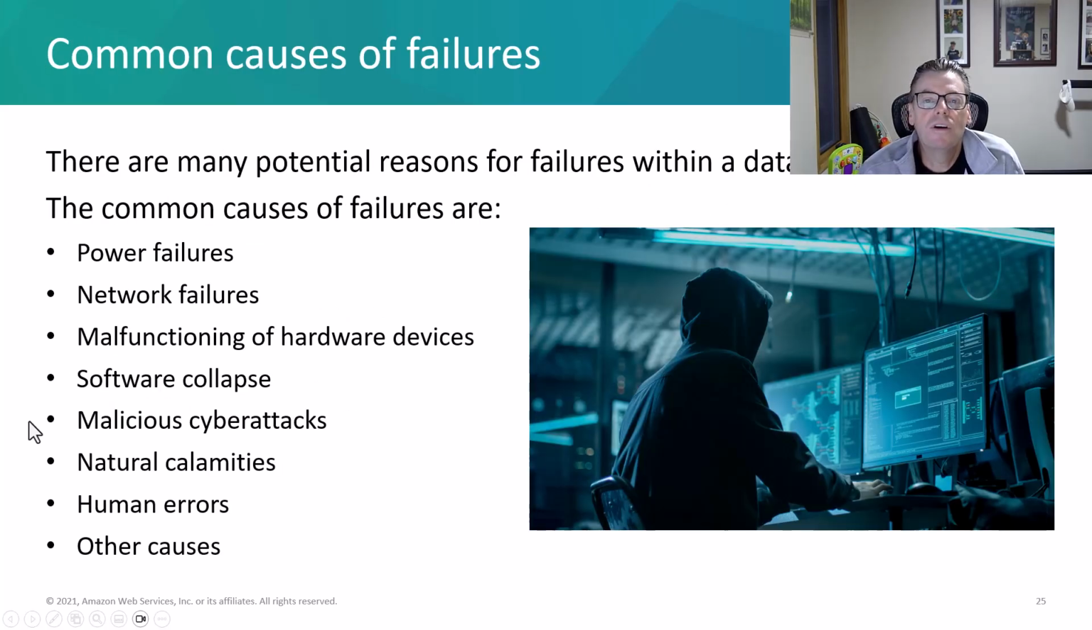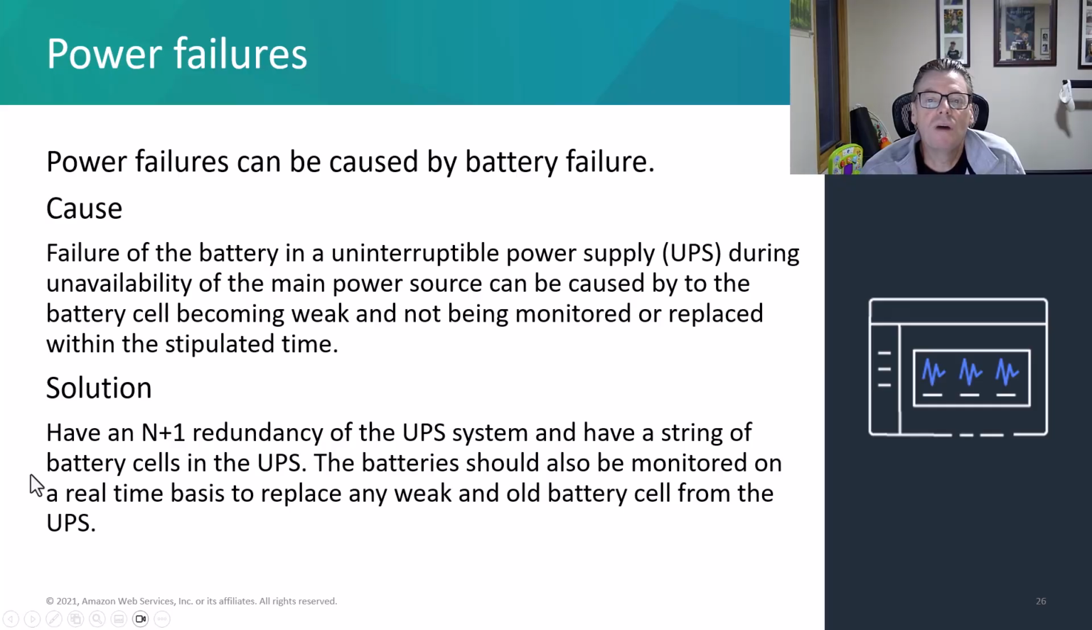All right, common causes of failures: power failure, network failure, malfunctioning of a device, software collapse, cyber attack, natural calamities, human errors, and the good old other category. All right, so power failures could be caused by battery. So maybe the battery failed in the UPS,